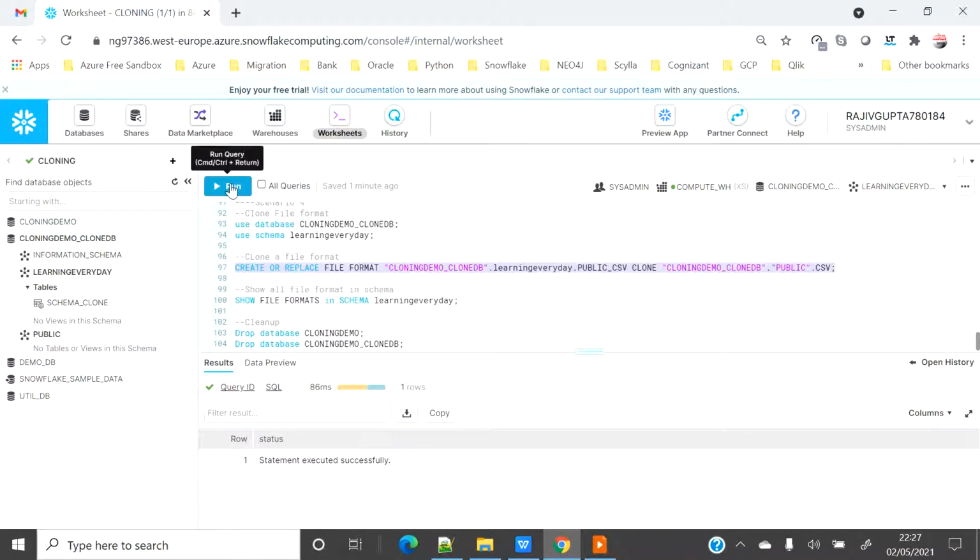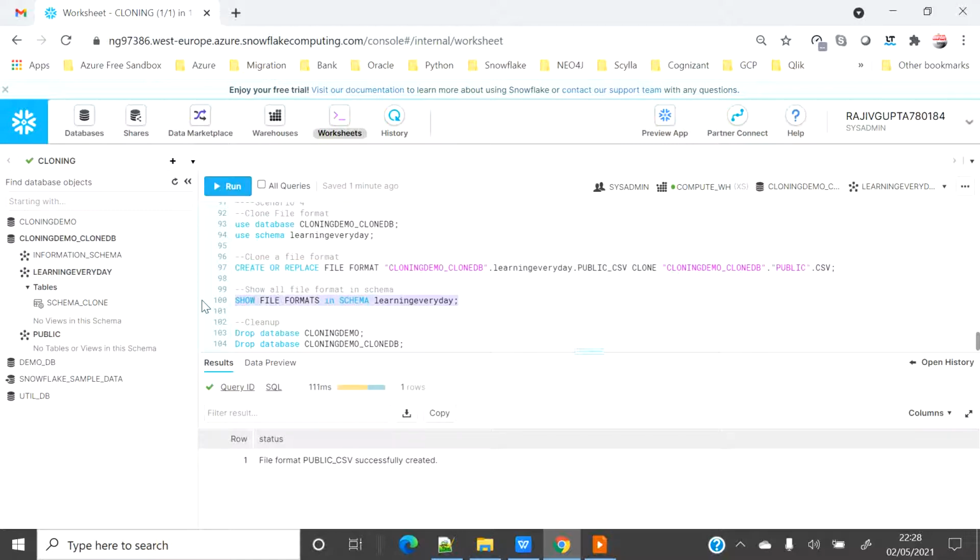The syntax for all the cloning is pretty much the same. Instead of the database, table or schema, I would use the file format, and then the target name, then the clone keyword, and then the source object name.